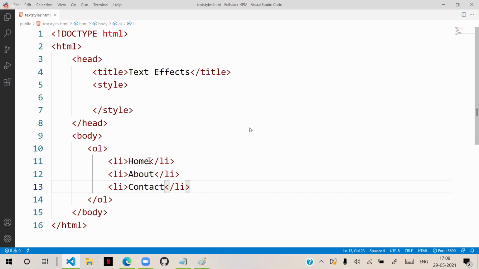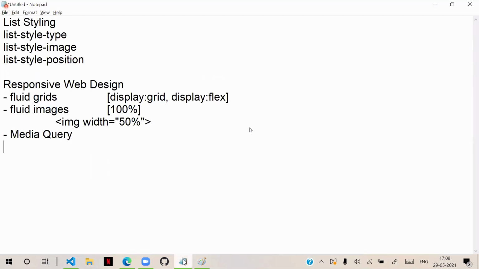Generally, media queries are configured in this way: we use the option media. By using this media, we can define the query. We have a media type, and by using this we configure the effects.